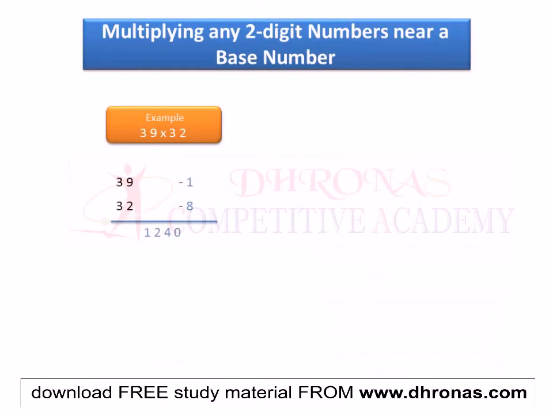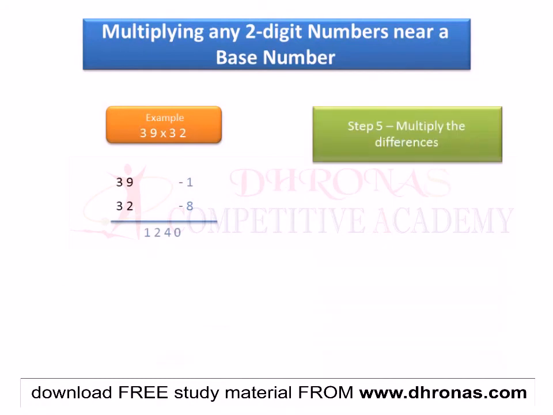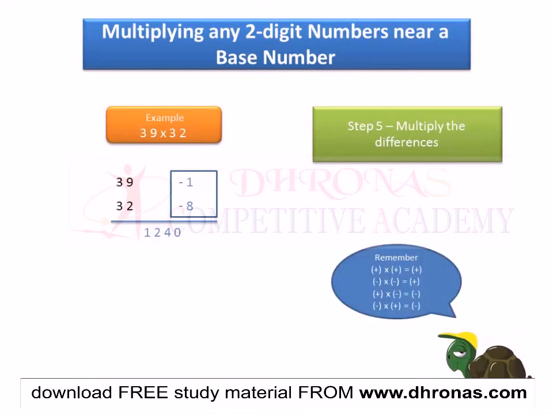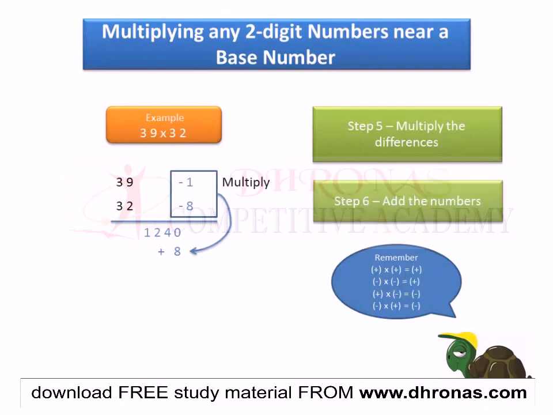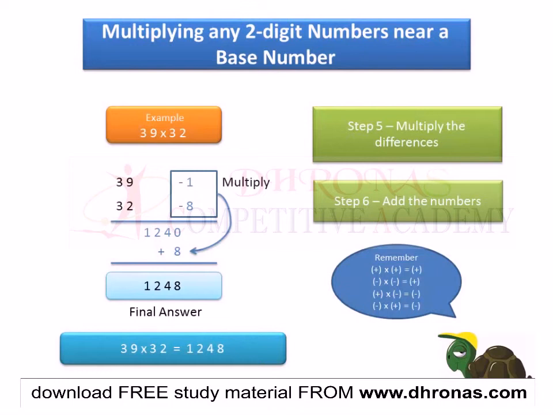The next step is to take this 1240 and add the 1240 with the product of the differences. The differences being -1 and -8, we find the product of -1 and -8. Now -1 times -8 gives us a +8 because negative times negative is positive. We add the 8 with 1240 and we get 1248 as our final answer. So 39 times 32 equals